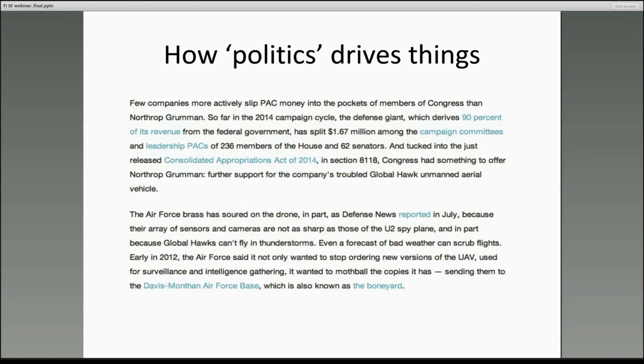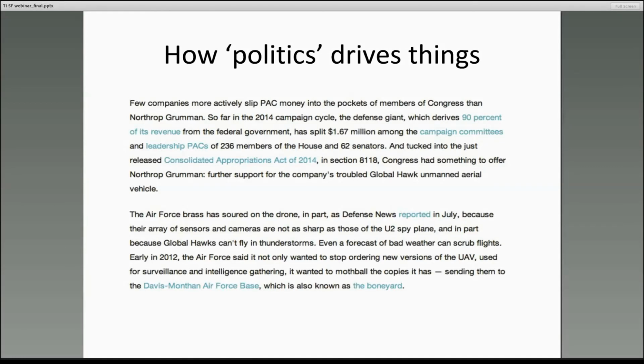And these are campaign contributions that are given to members of Congress, and it's not as if Northrop Grumman's PAC is writing these checks and then putting them in the mail and that's the last they think of it. These are contacts between the company and these lawmakers, and they're trying to influence these lawmakers to support their particular project, which will mean tens of billions of dollars over the course of its life for Northrop Grumman, even though this particular weapon system is not wanted by the Air Force, and they prefer something else. Generally speaking, the Pentagon loves to spend money. These guys don't want to spend this money, which to me is really significant.